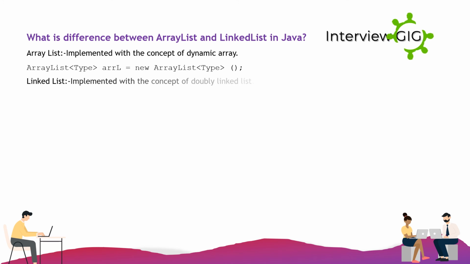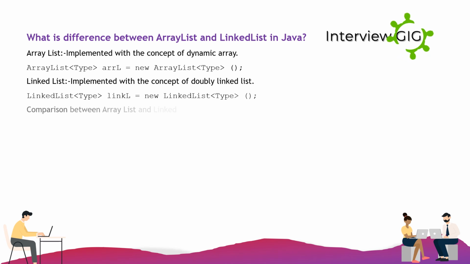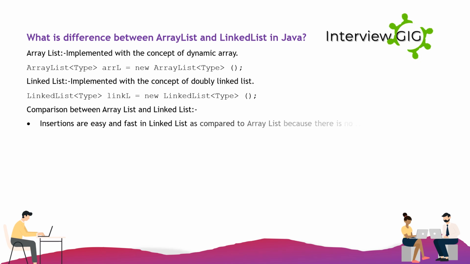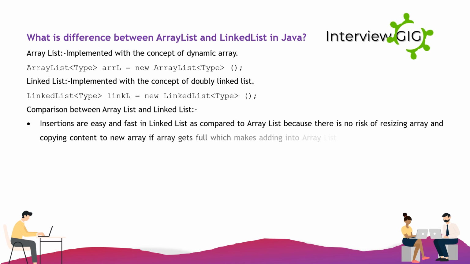What is the difference between ArrayList and LinkedList in Java? ArrayList is implemented with the concept of a dynamic array. ArrayList<Type> arl = new ArrayList<Type>(); LinkedList is implemented with the concept of a doubly linked list. LinkedList<Type> linkl = new LinkedList<Type>(); Comparison between ArrayList and LinkedList: